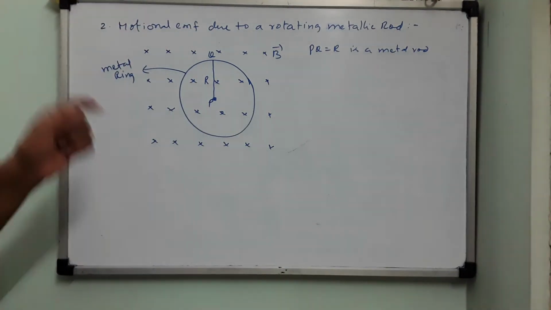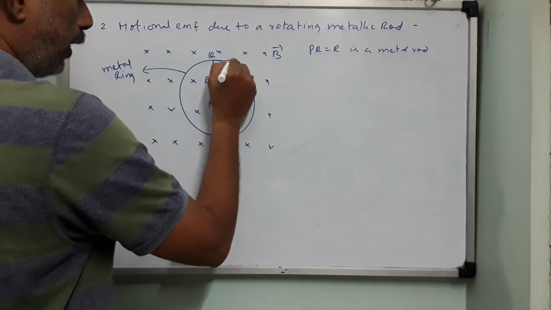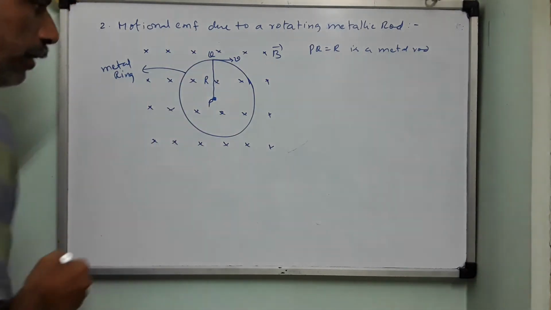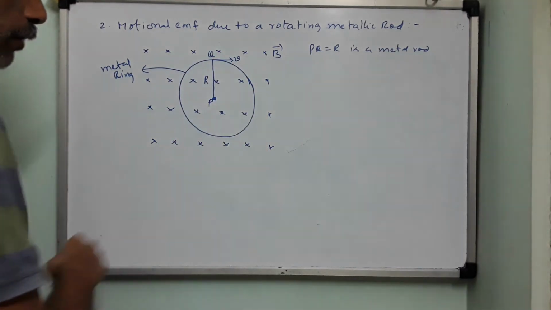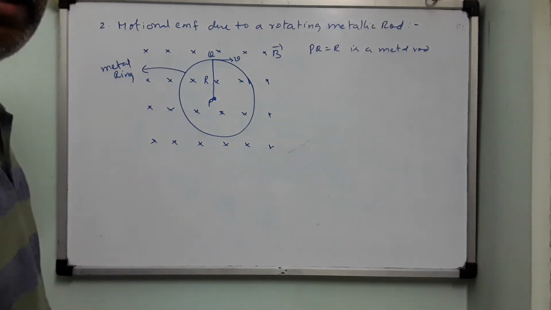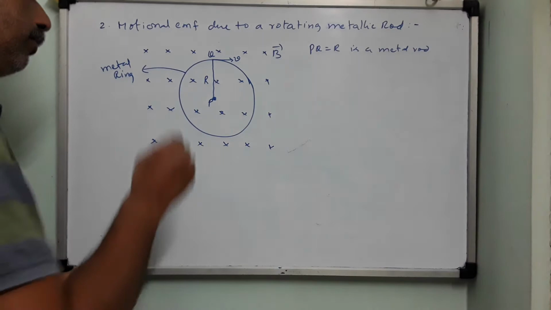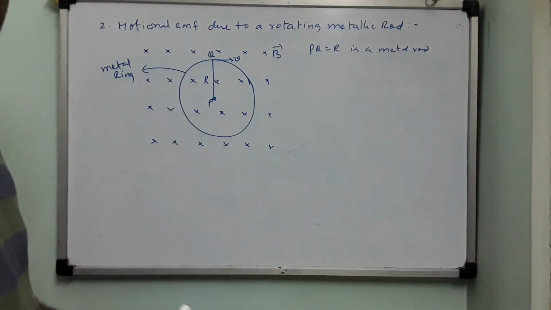The length of the rod is nothing but capital R. Now what you do, children, you just tap this with a speed V. You give a tangential velocity V. Then in one full rotation, it will sweep a flux. Flux phi equals B into A. Now this will always be cos 0 only. B dot A, BA cos 0, because 0 is the angle between the normal drawn to the coil and the magnetic field. Both will be pointing in the same direction. So that's why we directly write it as BA. You can even write it directly in the examination.